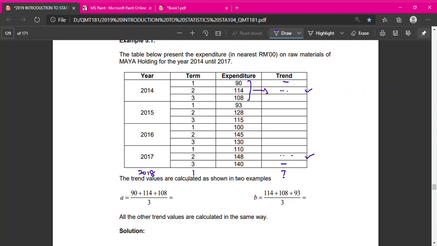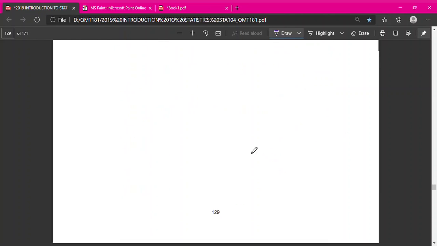And then to find the forecast trend for the first term of 2018, it is the last value here plus the increment 1, 2, multiplied by the trend increase per term. Same method, only finding the trend is different. Alright, so that's all for